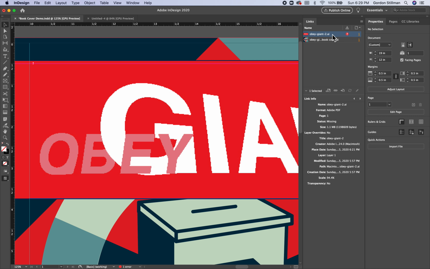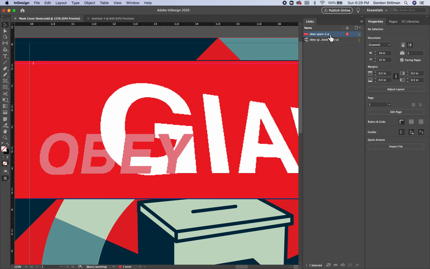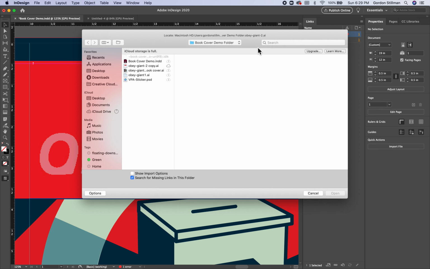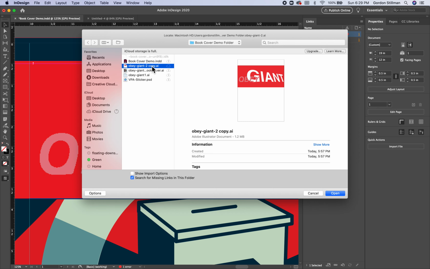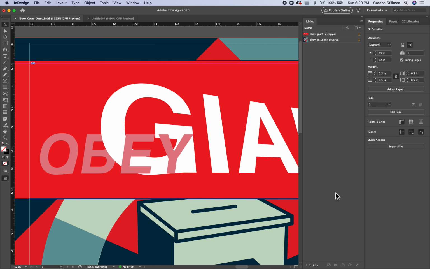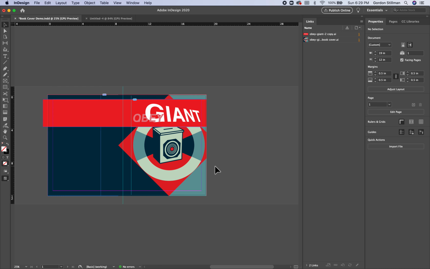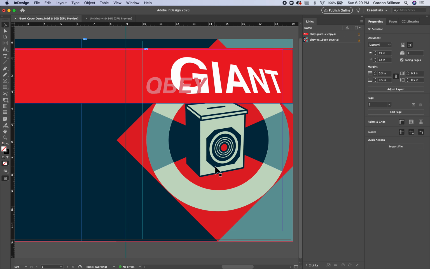So I can double click to relink, and in this case, I just have a duplicate copy here that I can link back to, right? So even if you change the name of the file accidentally, you can just relink it like this, or you can drag in a new file, but I chose to relink it. Now, to get the files in originally,